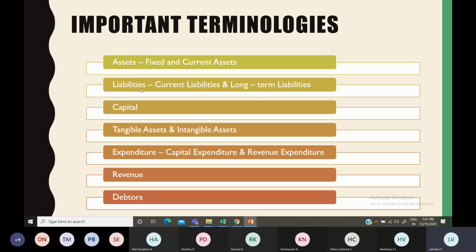So far we have discussed assets and liabilities. Next we are moving to capital. Mostly everyone will be familiar with this term. Once for all, if I am starting up a business, whatever amount I contribute or initially introduce into the business is known as the capital. The amount with which I start up my business, or which I have invested or introduced for the first time, is known as capital.